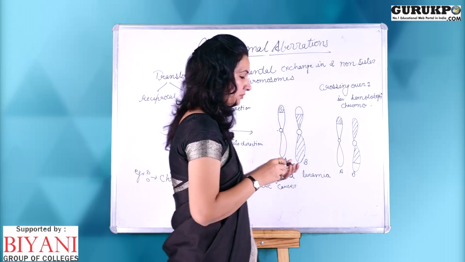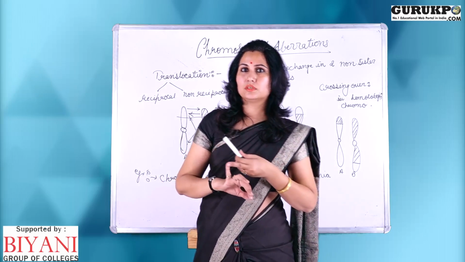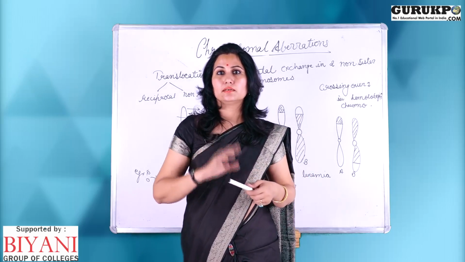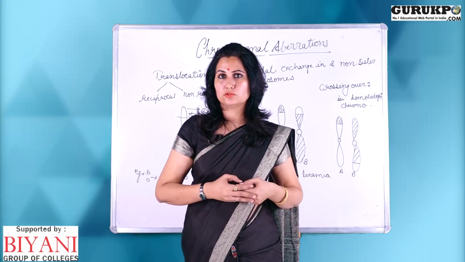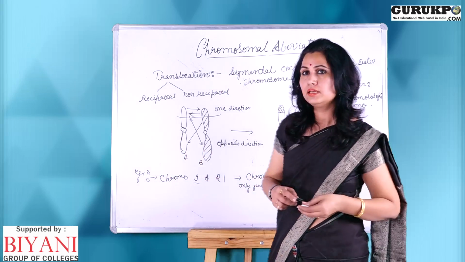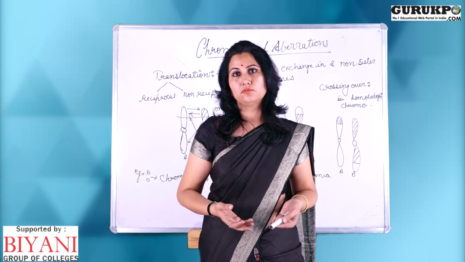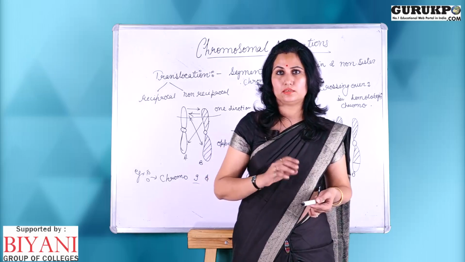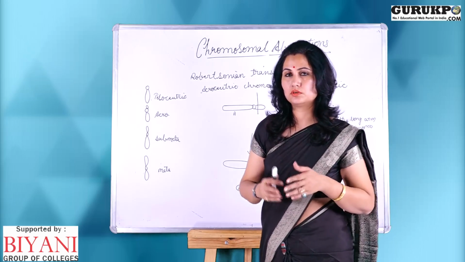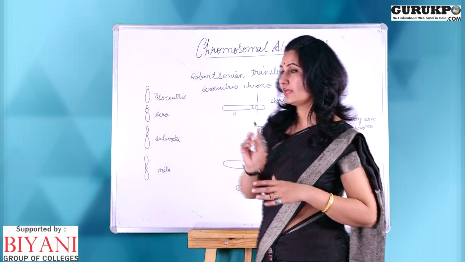And an example of the translocation process is chronic myeloid leukemia. That is the only genetic type of cancer which occurs in humans also, and it happens due to the translocation between chromosome number 9 and chromosome number 21. So translocations are very lethal for an individual in which they are occurring. So friends, there is a very interesting type of translocation also, that is Robertsonian translocation, by which the acrocentric